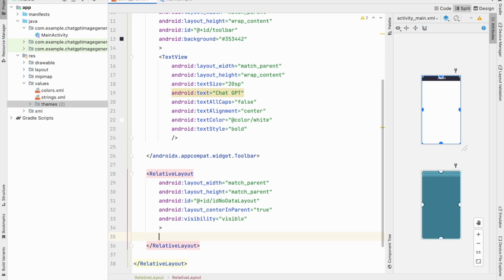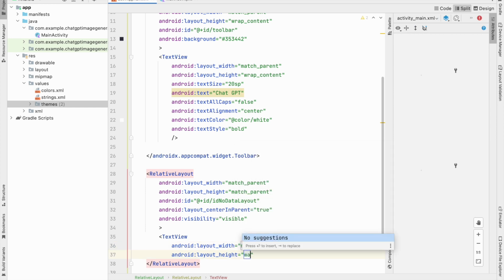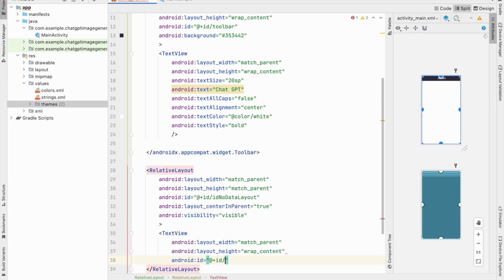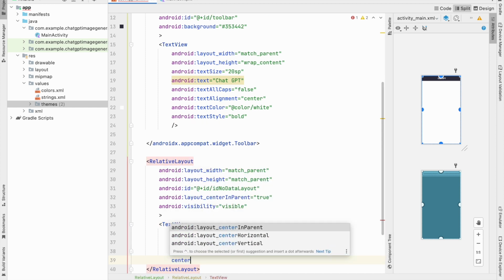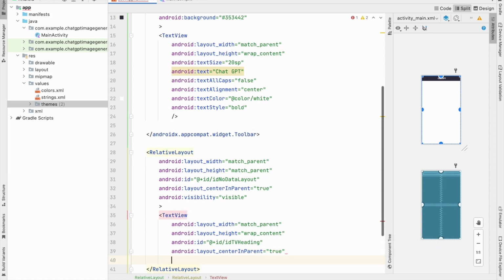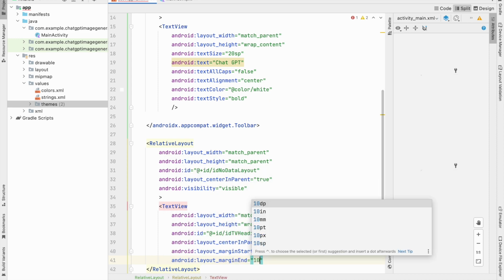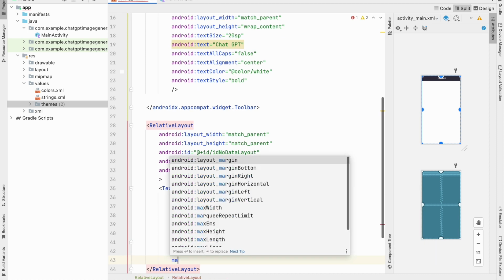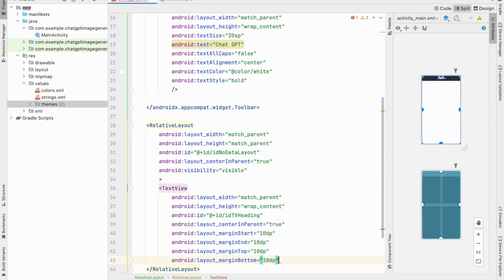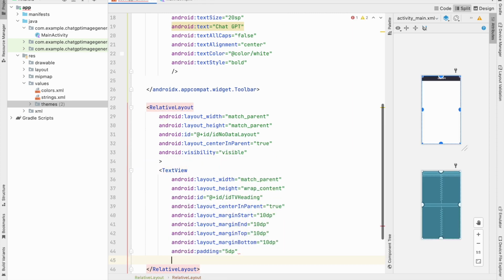Inside this relative layout, we will be creating a text view, specifying its width as match parent, height as wrap content, ID as idTVHeading. Then we will be specifying centerInParent to true, adding margin start as 10 dp, margin end also as 10 dp, margin top as 10, and similarly margin bottom also as 10 dp. After that we will be adding the padding from all sides as 5 dp, then adding the text as